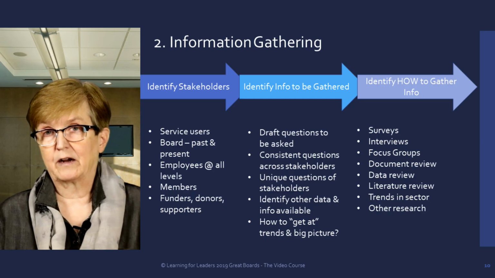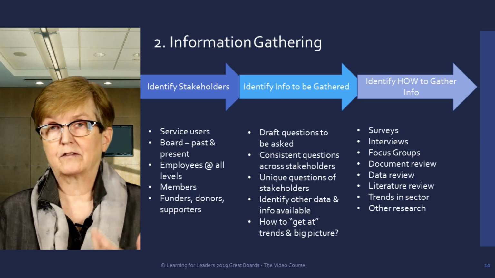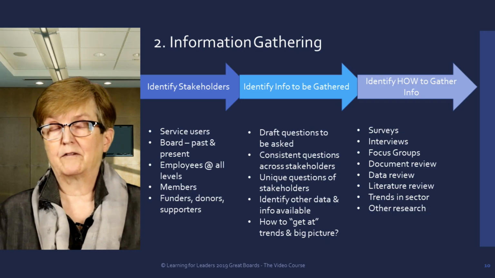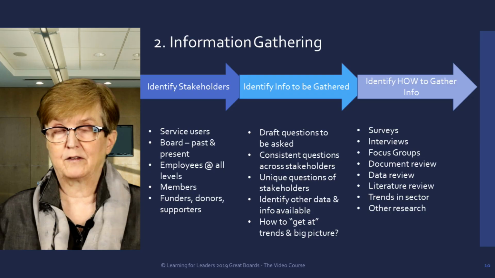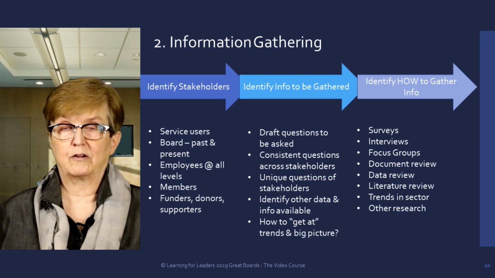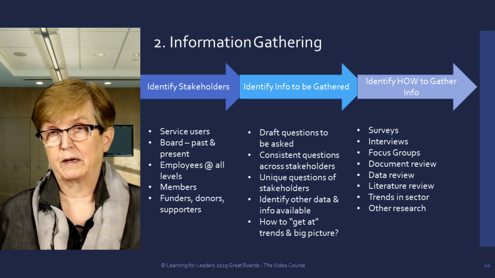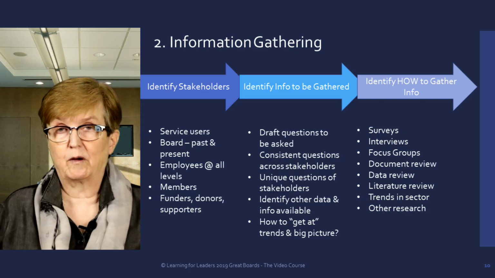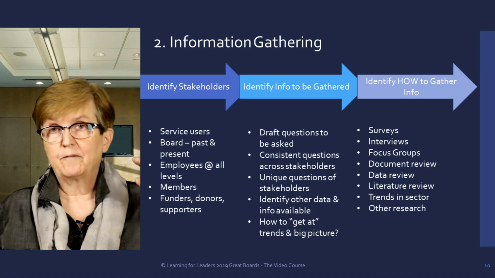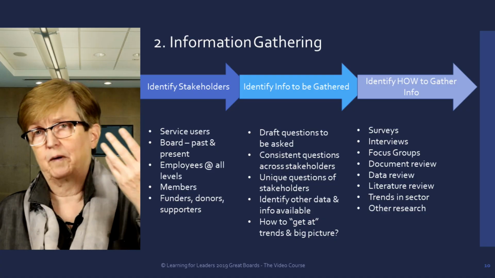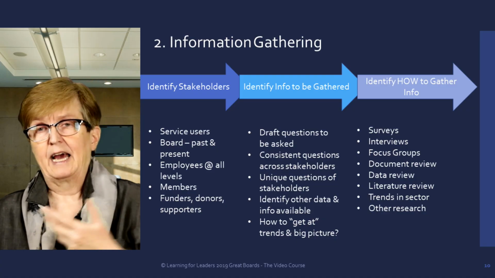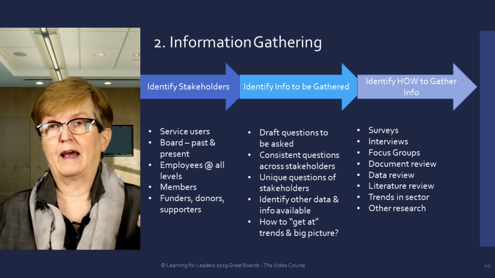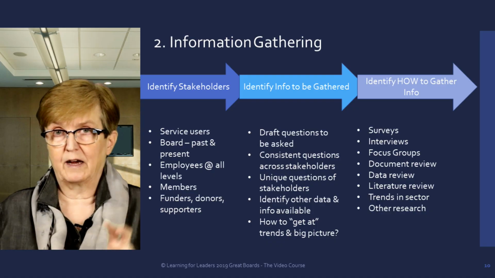So the second arrow here is, what questions do we want to ask? Ask different questions of different stakeholders. This whole notion that we have to have 10 questions and everybody gets asked them, all that means is 5 out of the 10 questions for half of the people are not going to be appropriate. So if you want to create a master list of 40 or 50 or 60 questions and then pull out of the list the 5 or 6 we'll ask of this group of stakeholders, the 5 or 6 we'll ask here. And it's better to ask fewer questions and let the conversation roll and have good, solid dialogue about these,